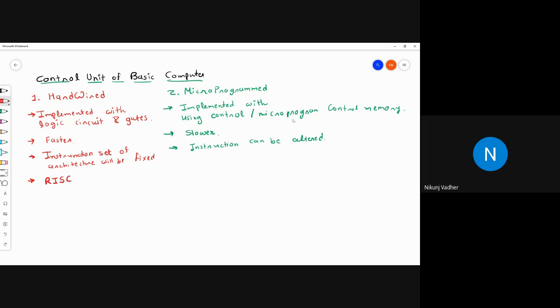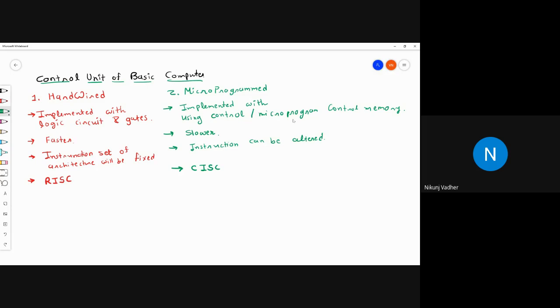Most RISC computers belong to the hardwired type, and most CISC computers belong to the microprogrammed type. The full form of RISC is reduced instruction set architecture, and CISC means complex instruction set architecture.